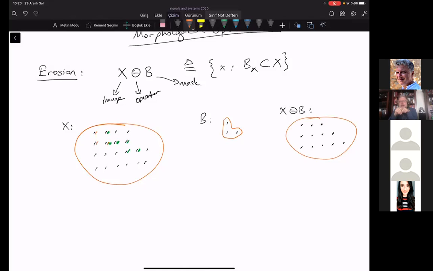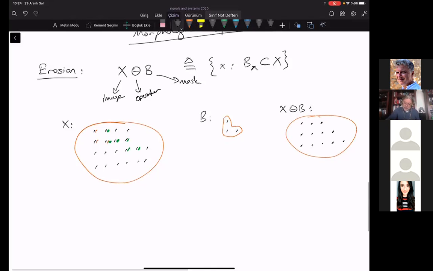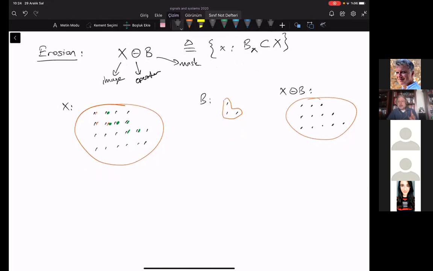This B, by the way, is a bad one. I cannot say it's a bad one, but for general shrinking purposes, it's not symmetric. It's just an L shape. So why don't we just use a square shape, 4 pixels, 2 by 2? Well, this is an example anyway. And this is what the operator tells us to do. This is called the erosion. And it's a morphological operation like the median filter,